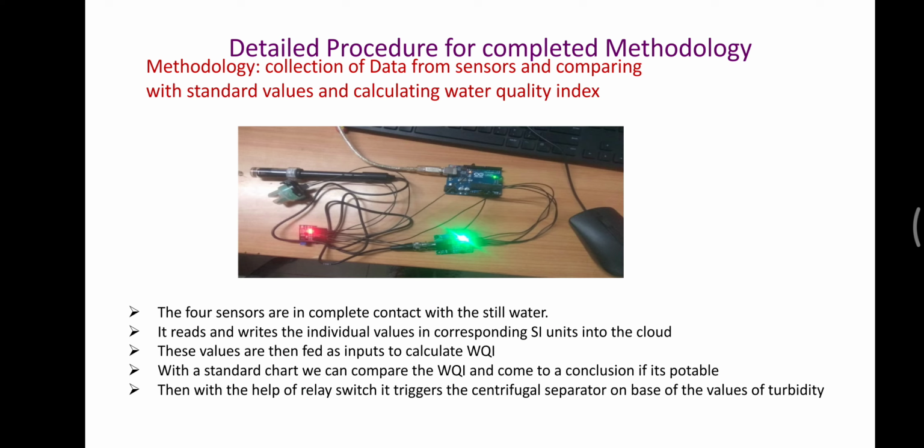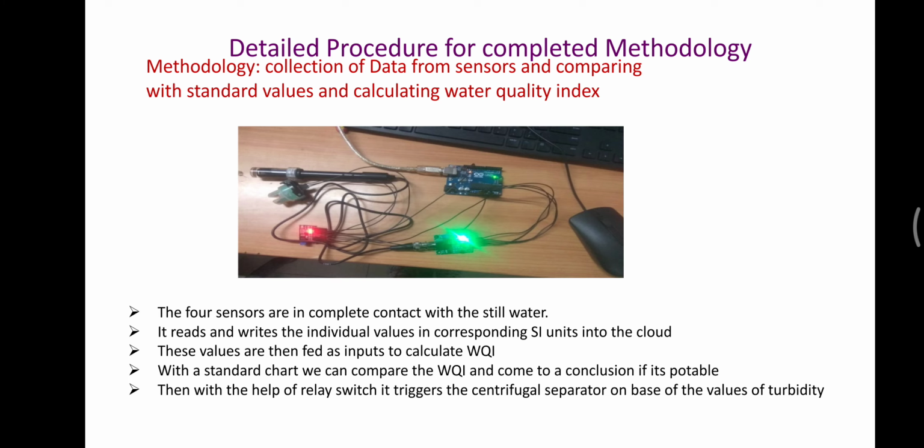And coming to the detailed procedure, till now I have given a brief methodology. The same points have been mentioned here. This is our test kit. The photograph you can see here. The blue color board is the Arduino Uno board, and the black pen-like structure you are seeing is the pH sensor. Below it is a turbidity sensor, and the red color light is the DHT sensor. Still we have to procure the TDS sensor, as I mentioned. We have tested and taken sample data from this setup itself.